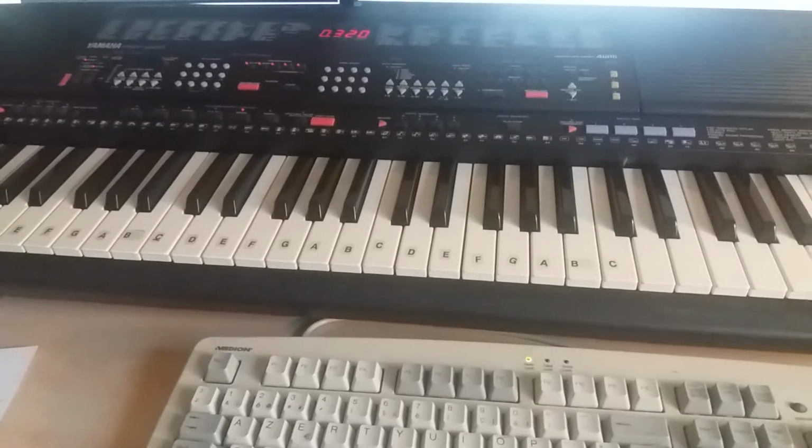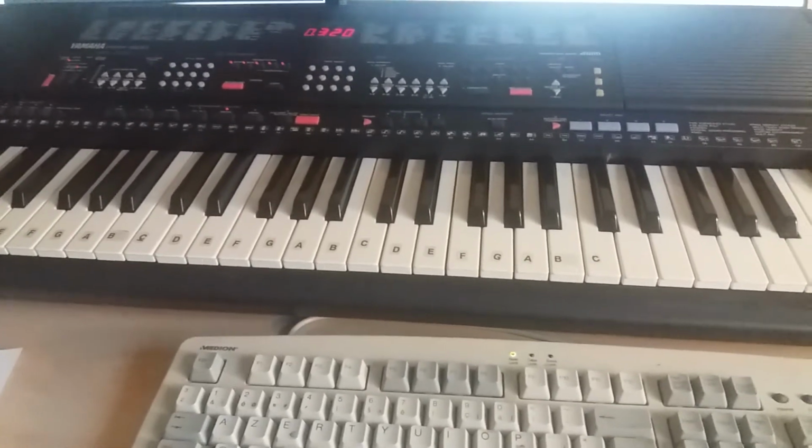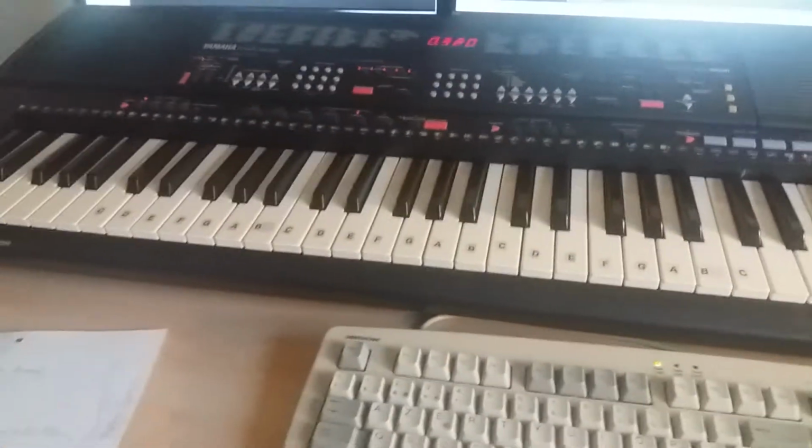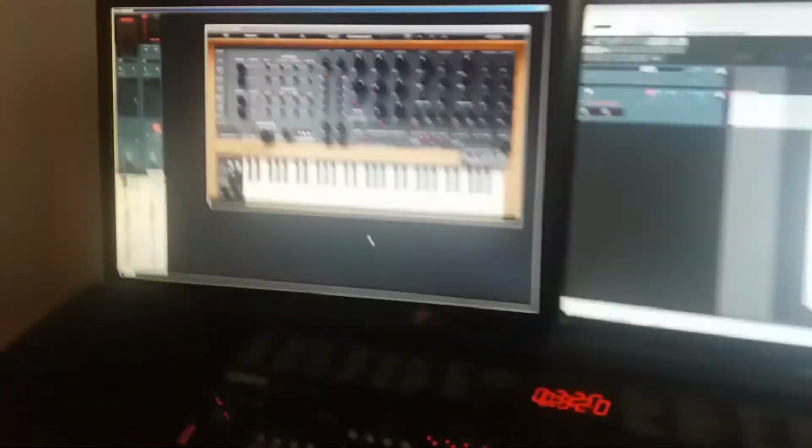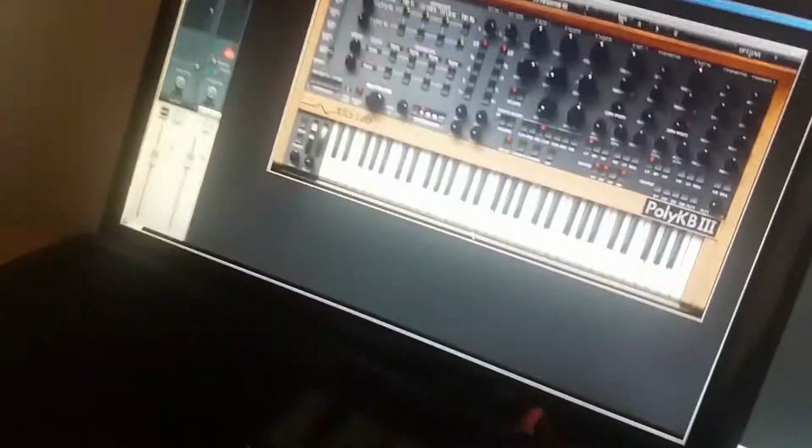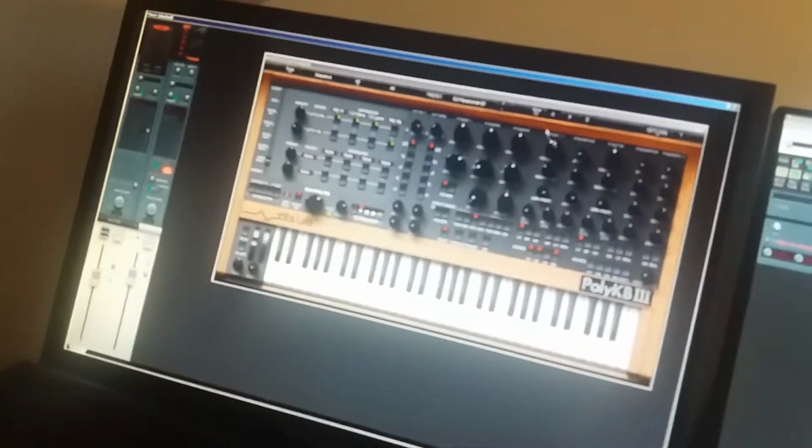And yeah, I was thinking about a better solution, and then suddenly I got the idea of using my BCR 2000, or at least one of them, and just changing the program change in real time. So here in my studio, I also